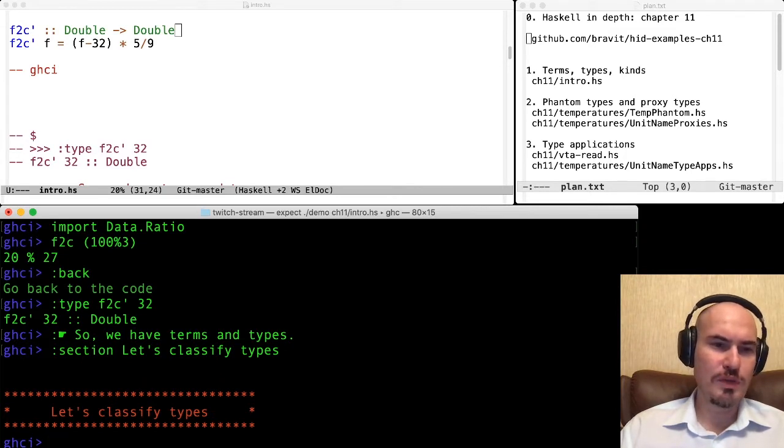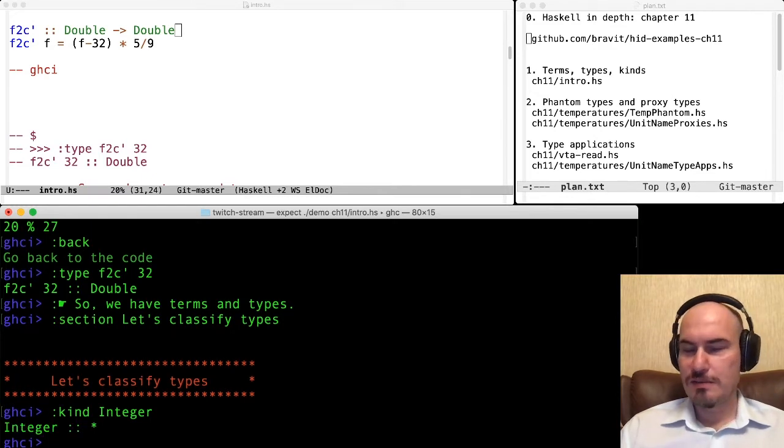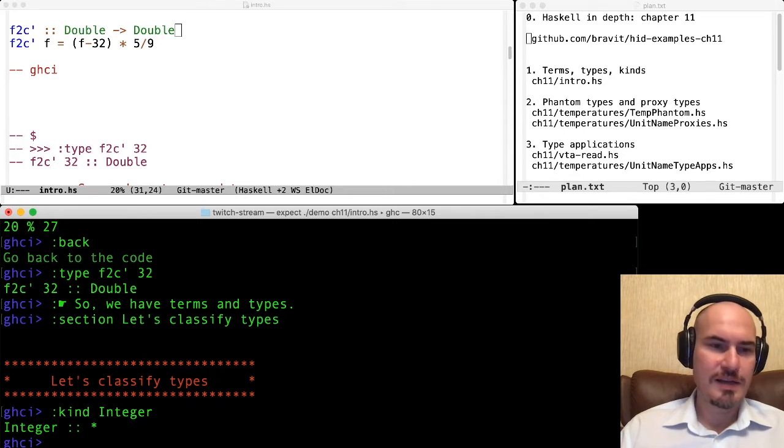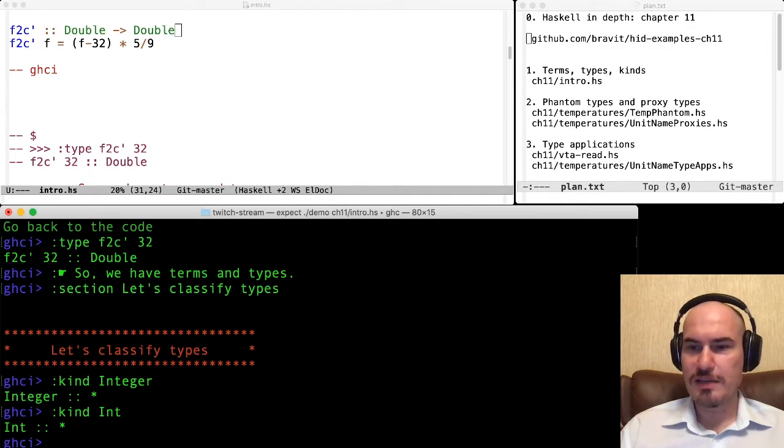So what can we do with that? We can ask for the kind of Integer. Remember, Integer was a type. So we can ask for it. And it's something, we say star. The kind is star. We can ask for the kind of the Int type, and it is also a star.